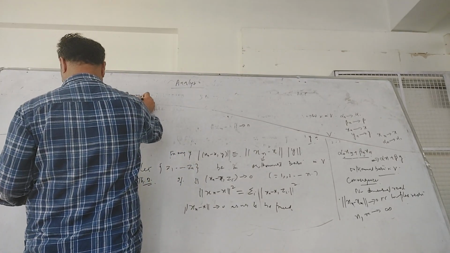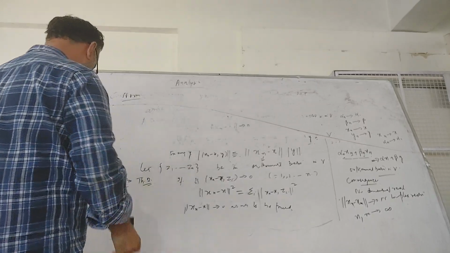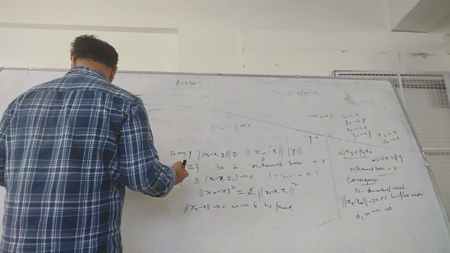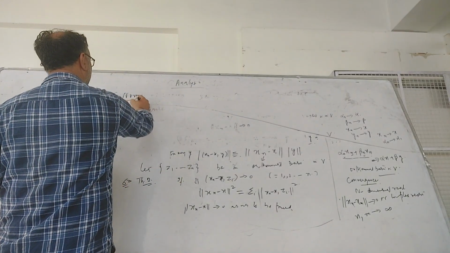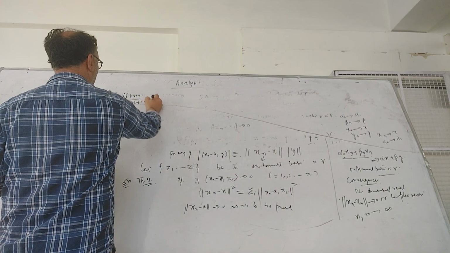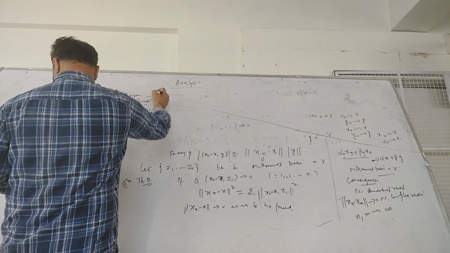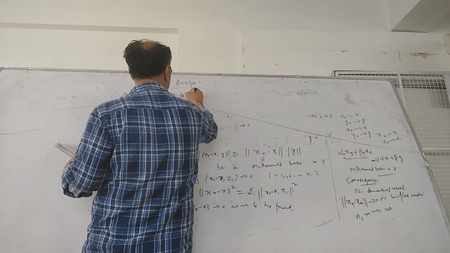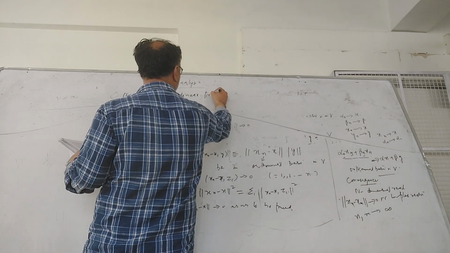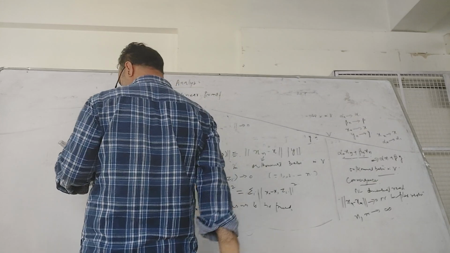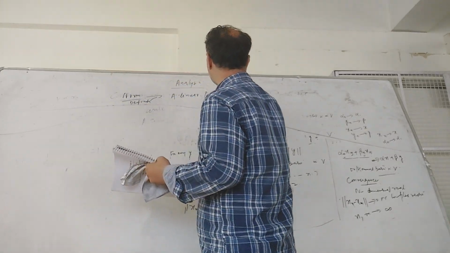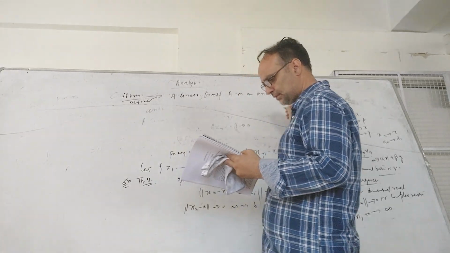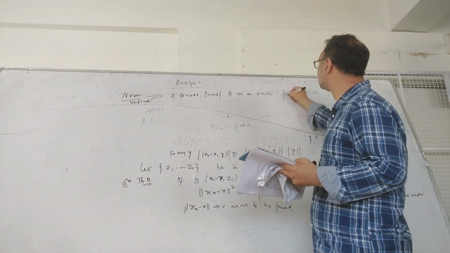The definition of norm goes like this: a linear transformation A on an inner product space